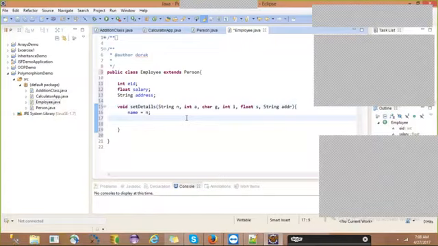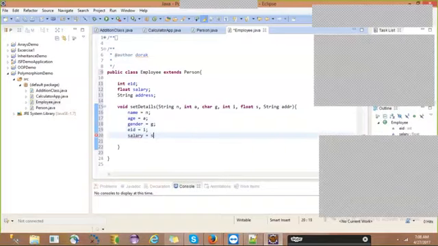If inheritance is not there, we need to write name equals to n, age equals to a, gender equals to g, EID equals to i, salary equals to s, and address equals to addr. That one we need to write if inheritance is not there.